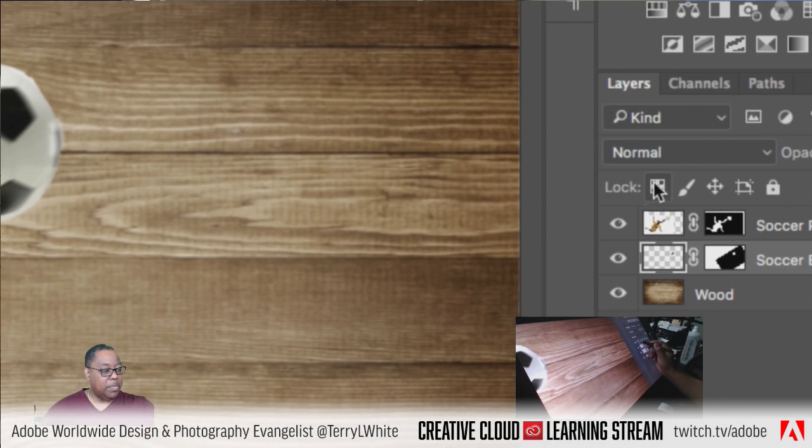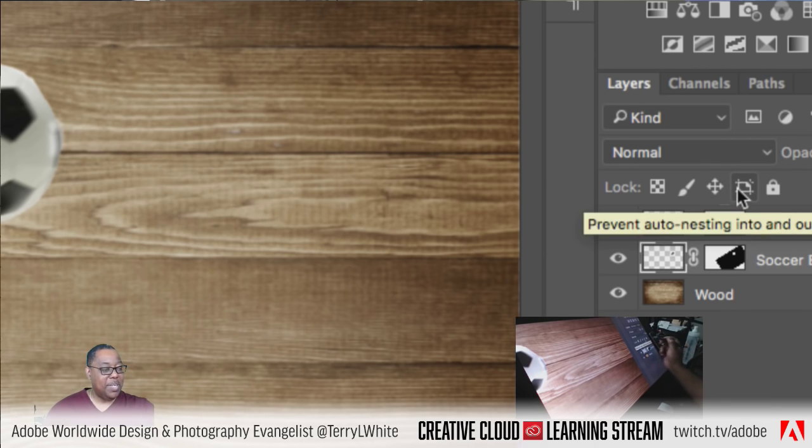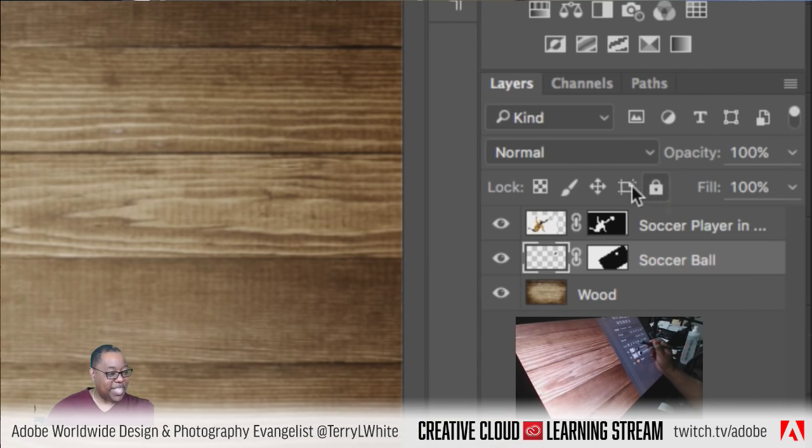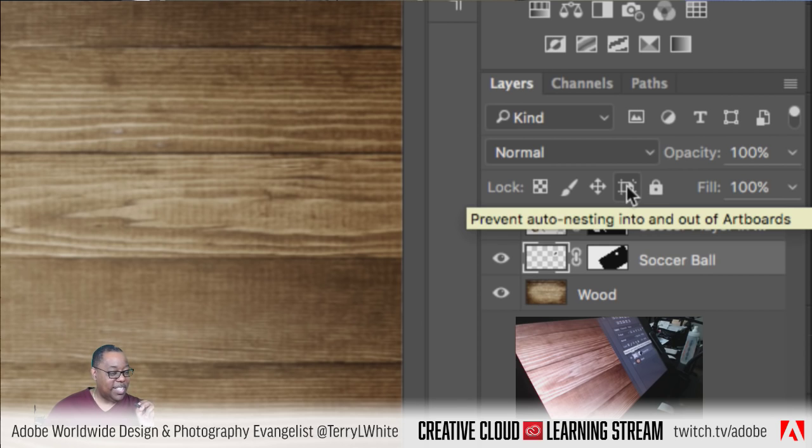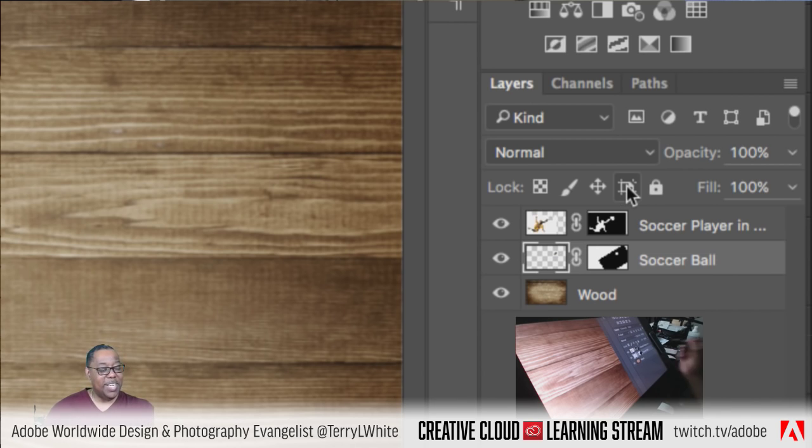All right, so we've got lock transparency, we've got lock image pixels, we've got lock position, which means don't let it be moved. We've got prevent auto nesting into and out of artboards. I didn't even know that was there because we added artboards. That would make sense. And then we've got, this is probably the overall lock all, meaning don't let any changes